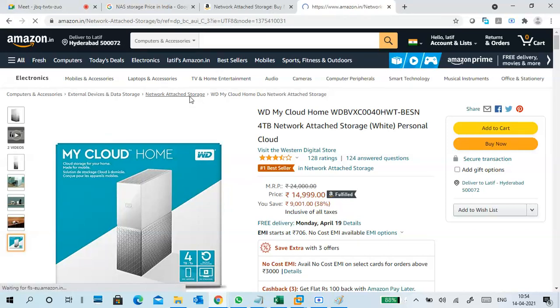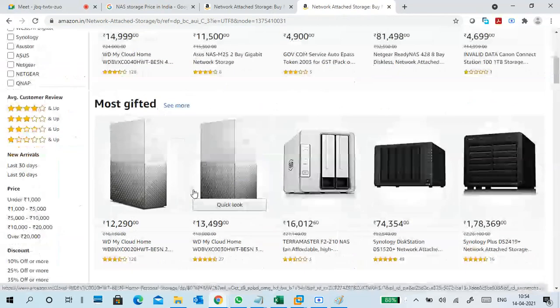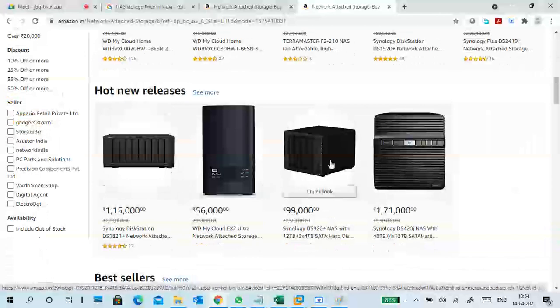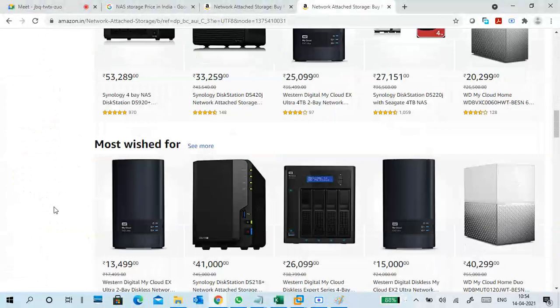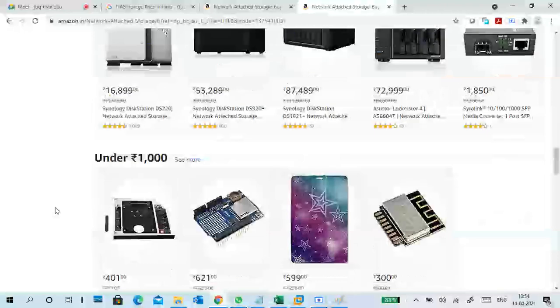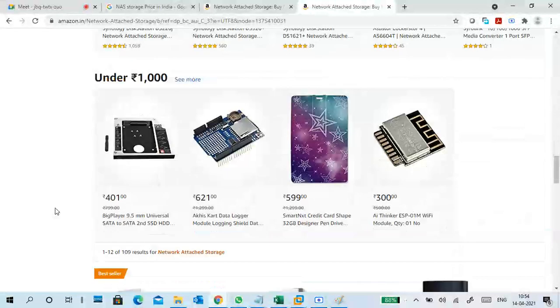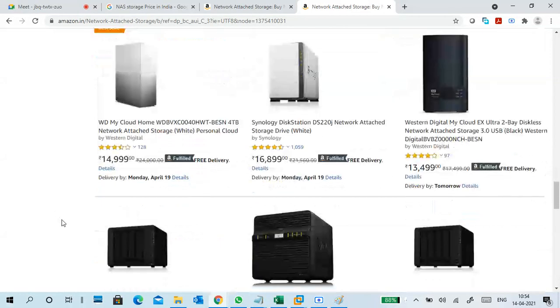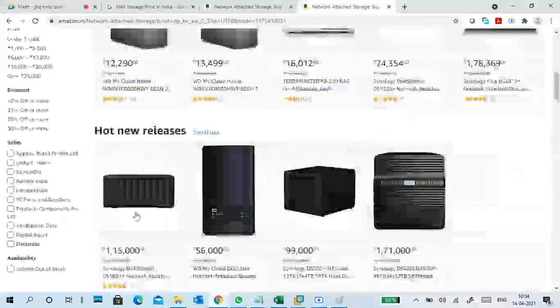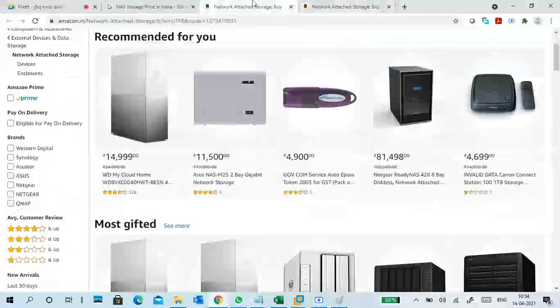You can see a lot of NAS-related ones, different types of PCs, mini PCs, and other kinds of stuff. Go through it once and you will understand more about what it is, and search it on Google. If you don't understand, go through the descriptions if possible. You learn a lot of things.